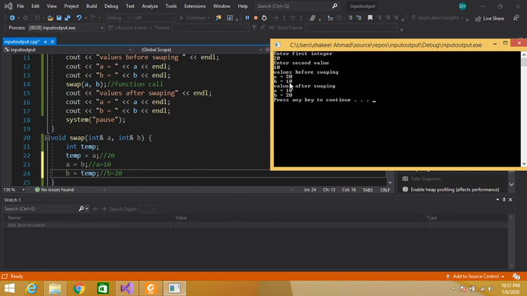Before swapping, the value of a was 20 and the value of b was 10. After displaying these swapped values, the control comes here and our program terminates. So this is a simple program to swap the values of two variables using functions.